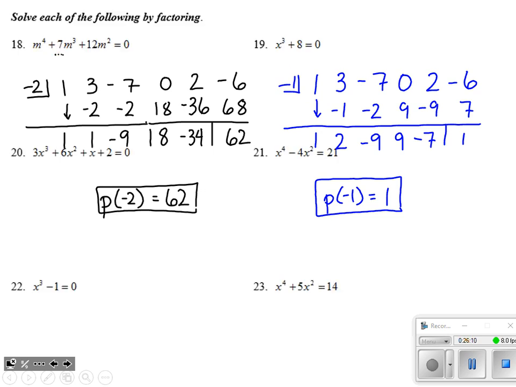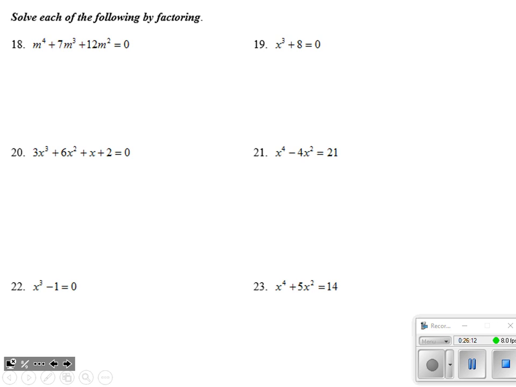All right, we're closing in on the end of the test here. One of the final sections is to solve by factoring. And to do that, here's what 4.4 is all about. All these different factoring techniques sort of pile up here.